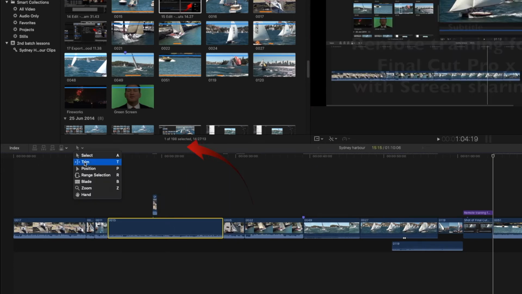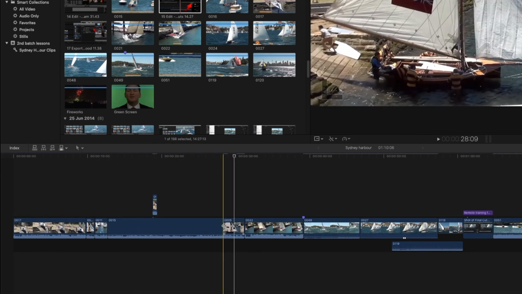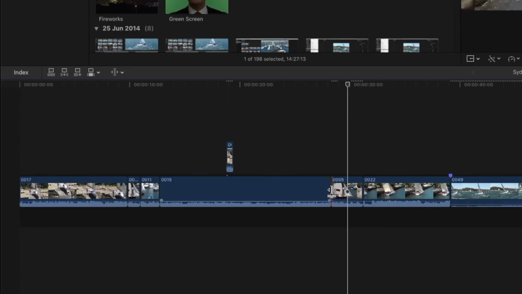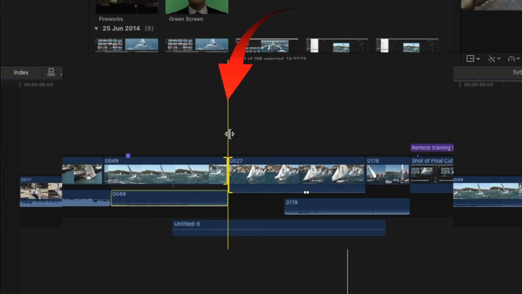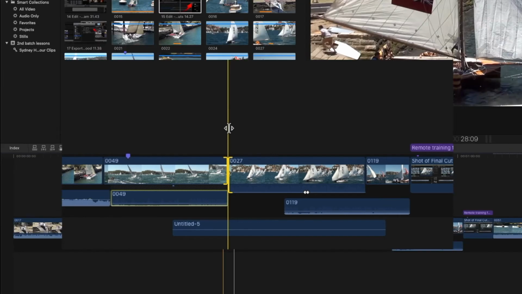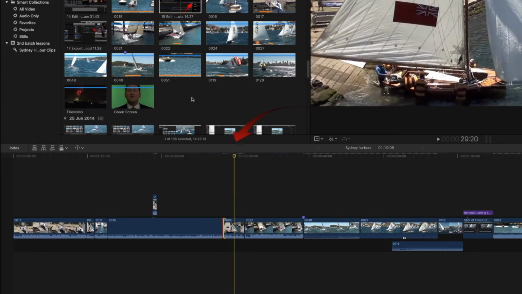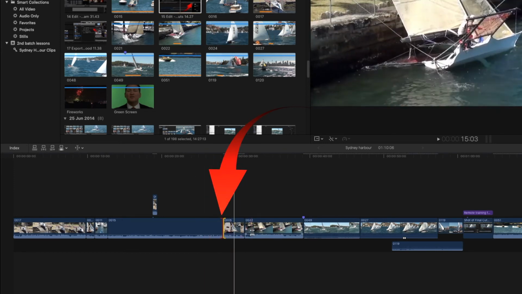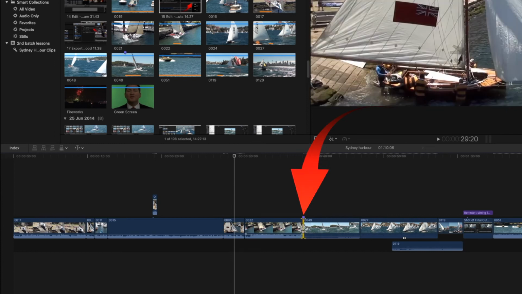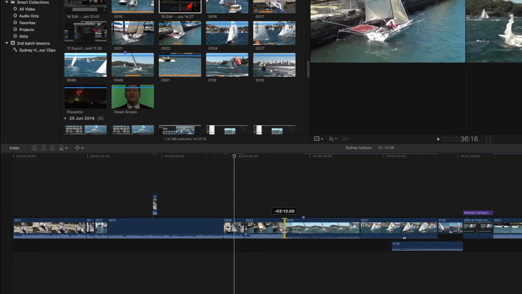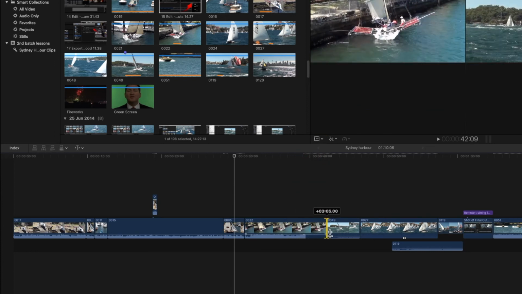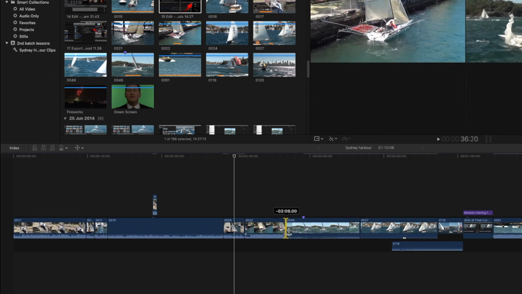The second tool is the trim tool. You will use this if you want to trim between two clips. So you'll be able to click and you'll notice how the cursor has changed to a double-sided arrow. When it becomes red, that means there's no more footage available in the browser for that clip on the left-hand side. If we click on these ones here, then there's more footage available,